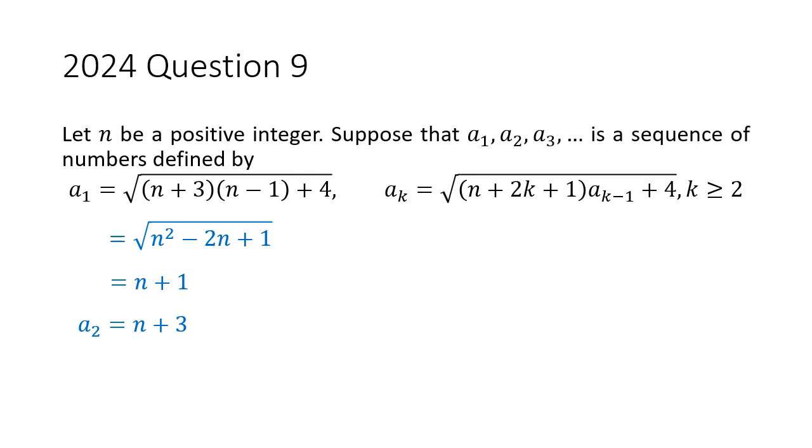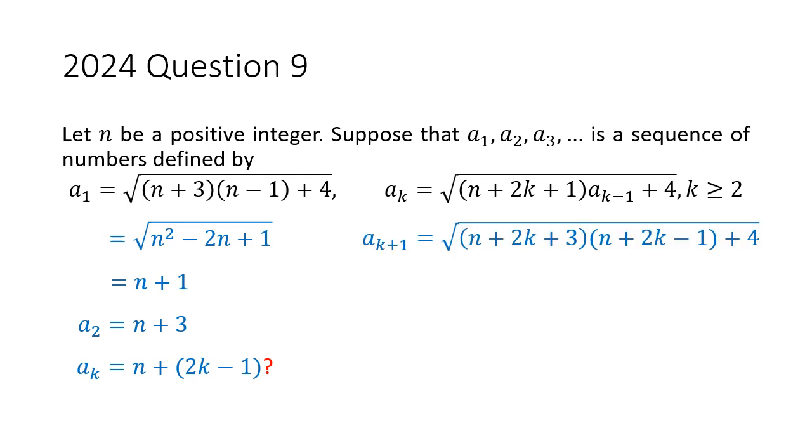So the pattern that we want to guess is that A_k equals the square root of n plus 2k minus 1, which is some odd number, doubling k and subtracting 1. How can we prove this? We're going to use the method of induction. So let's assume that A_k is true. A_k equals the square root of n plus 2k minus 1, and we're going to consider what happens for the k plus 1 term. So that will be the square root of n plus 2k plus 3,